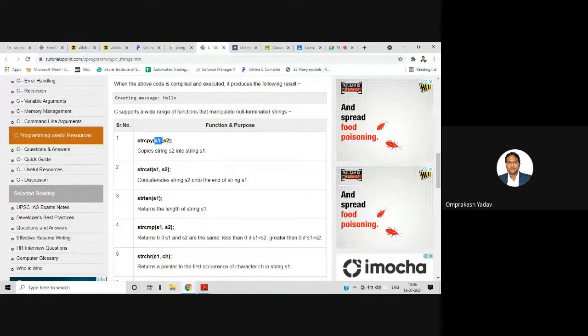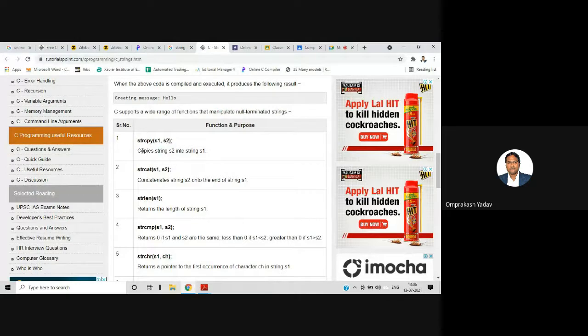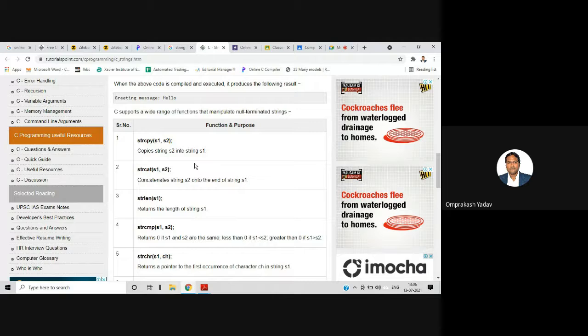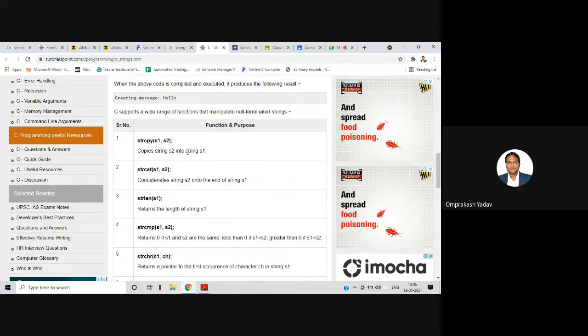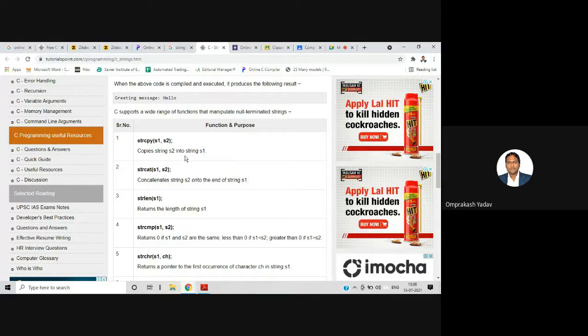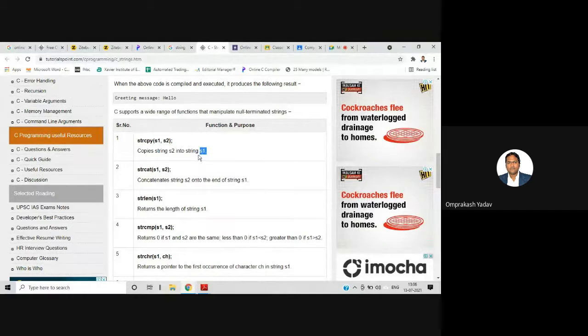For example, if you pass two strings s1 and s2, it will copy s2 into s1. And whatever string is already inside s1 will be deleted.